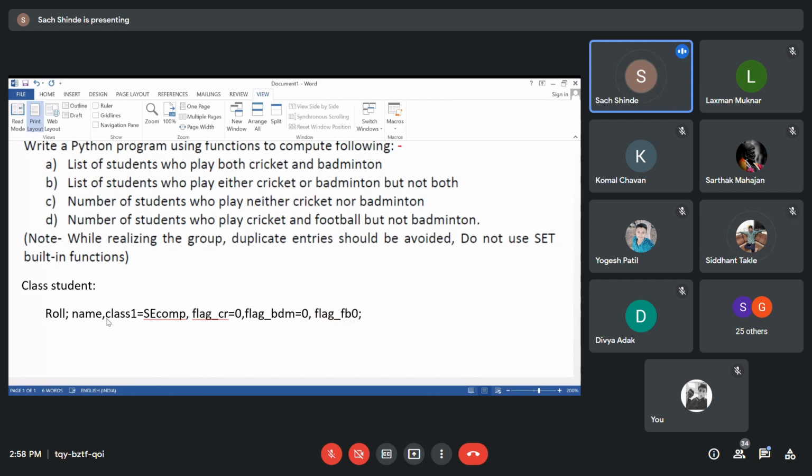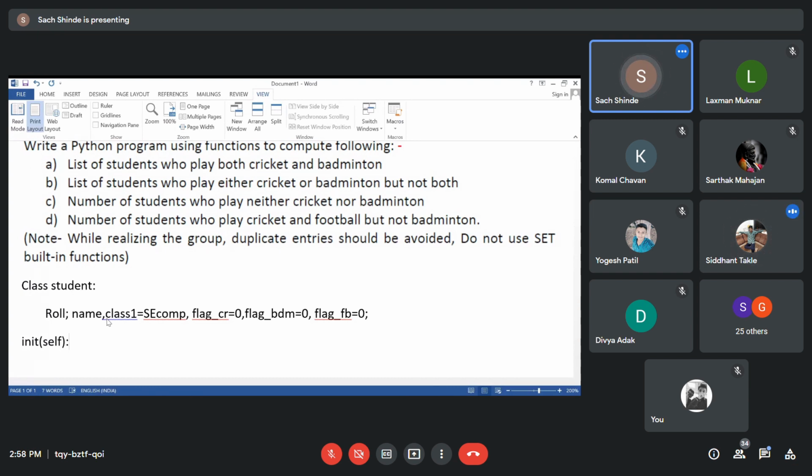To assign all this, we have to use the init function. So over here we have to build the init function, which has only one parameter, that is self.